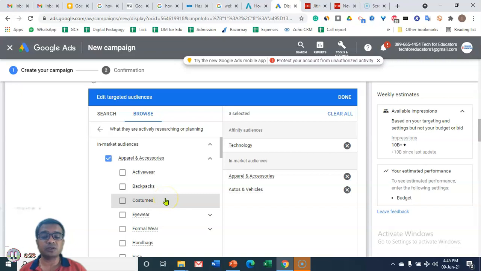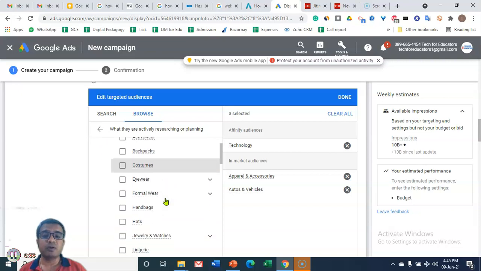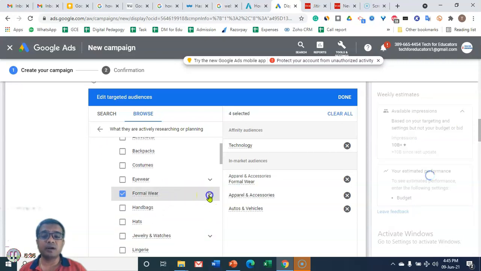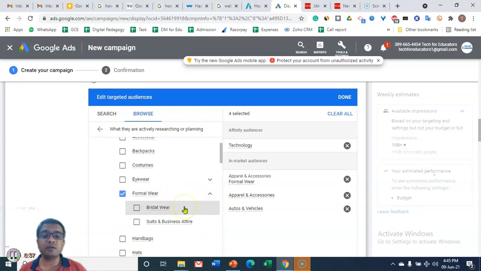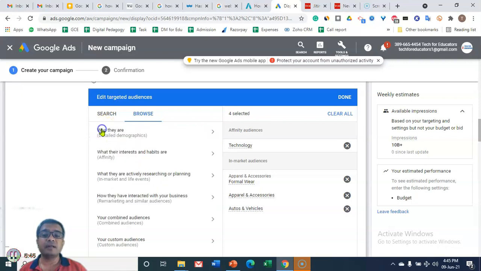They may be costume shops near me, best costume shops, the cost of this item, buy this costume online, or something under formal wear, bridal wear at the cost of 5,000 rupees. These people are actually considering buying these products, which is called in the market, or live events.